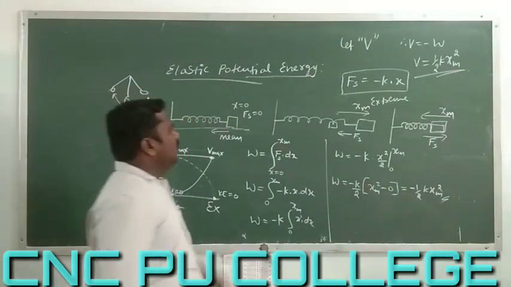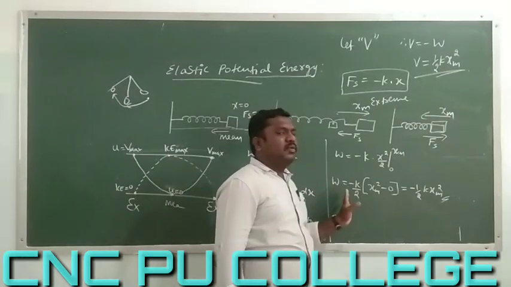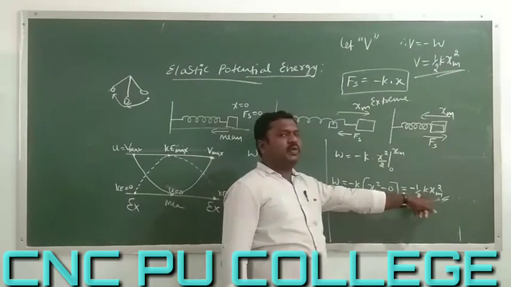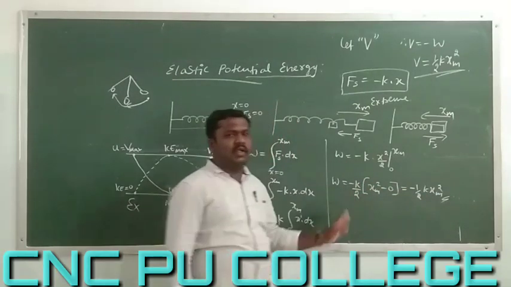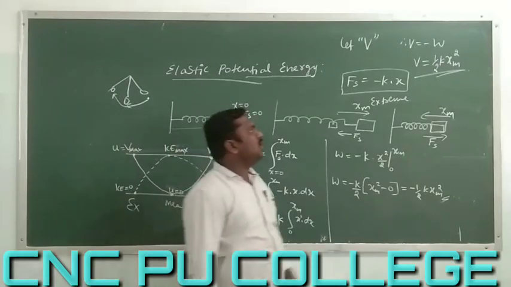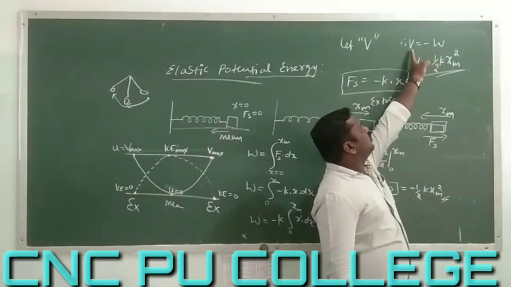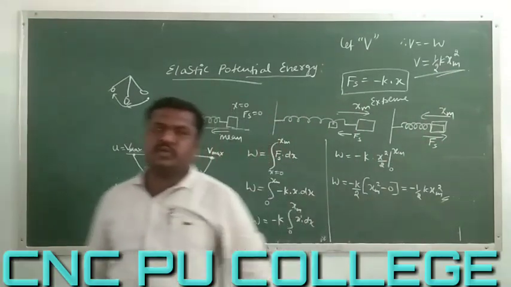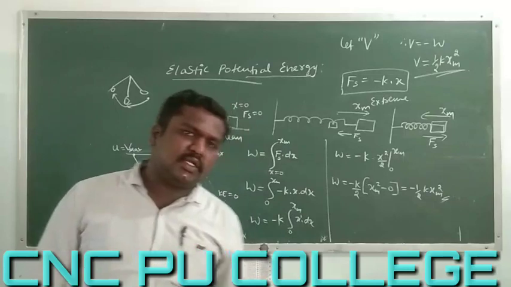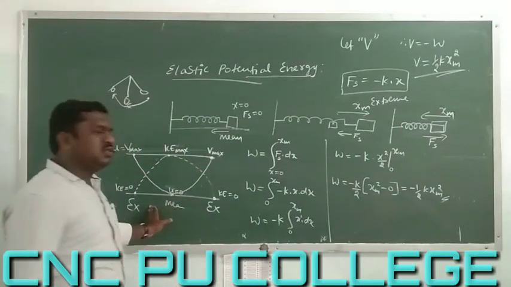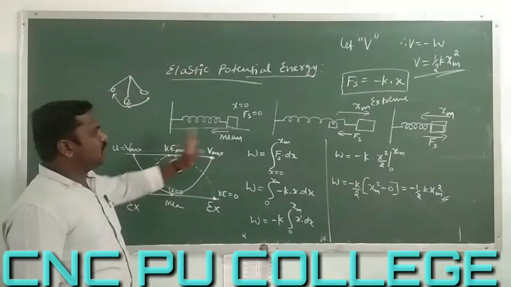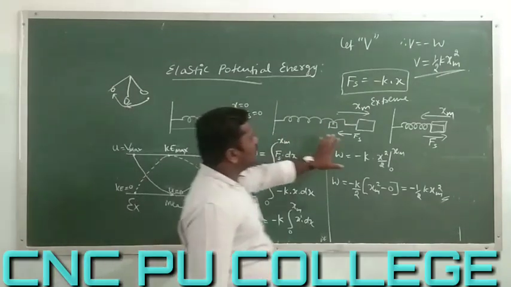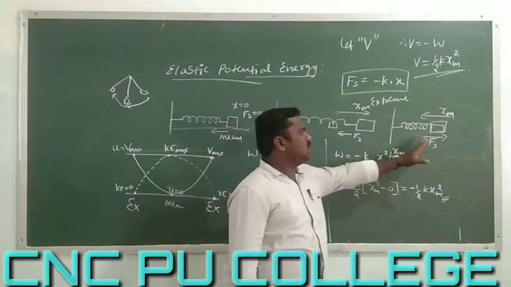So we have to get the expression for elastic potential energy, that is W is equal to minus half k xm square, with the help of the formula of work and with the help of the graph, and finally we have to get the negative of that potential. So V is equal to half k xm square, or we can take U is equal to half k xm square, that is elastic potential energy, and we are proving the conservation of mechanical energy even in case of the oscillations of the spring. So this is the mean position, and this is stretching because of that extreme position, and this is compression because of